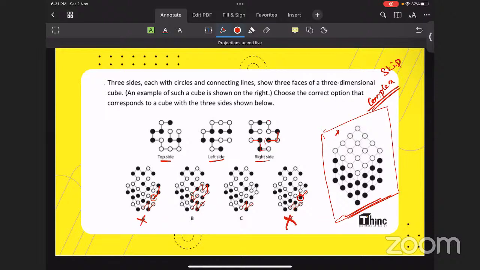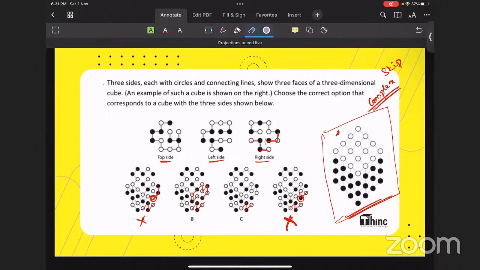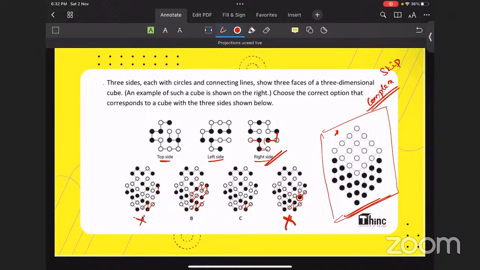A also has the same issue. White on the right side. We are talking about the right side. White, then black. See, this is entirely different from the right side of the question. So you can eliminate these two. Similarly,